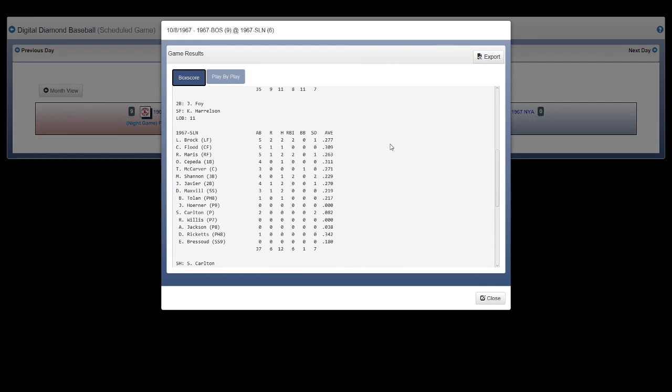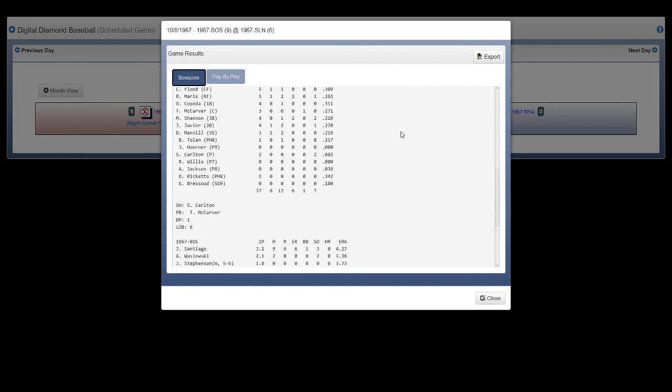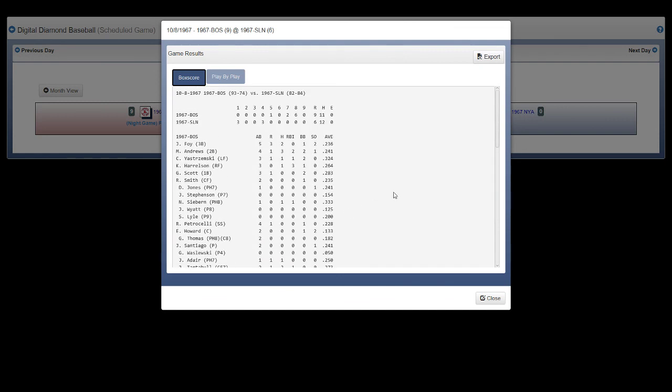Carlton, 0-for-2, 2 strikeouts. Willis came in the 7th, he didn't get an at-bat. Al Jackson came in to pitch, he didn't get an at-bat. Ricketts, the pinch hitter, 0-for-1 in the 8th. And Broussard, the shortstop, came in for Maxvill. He did not get an at-bat. In total, the Cardinals: 37 at-bats, 6 runs, 12 hits, 6 RBIs, 1 walk, 7 strikeouts. Passed ball, Tim McCarver. They turned 1 double play. Cardinals left 6 runners on base. So, in summary and recap,